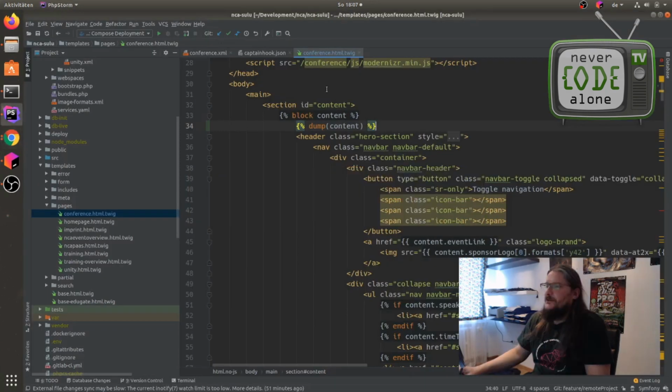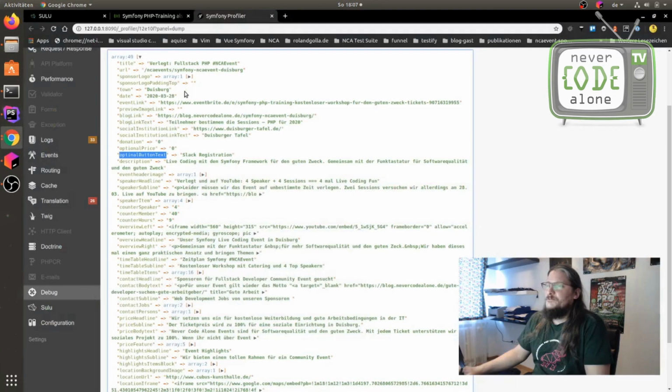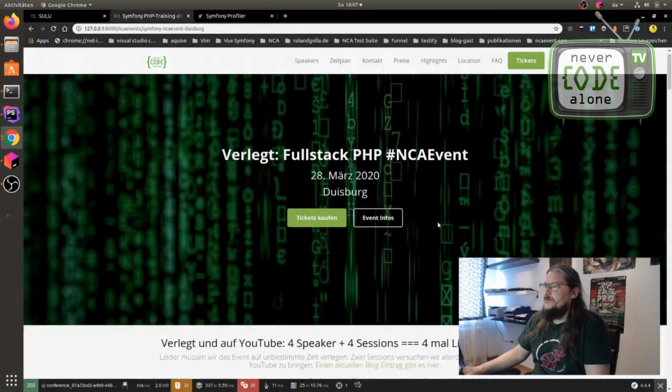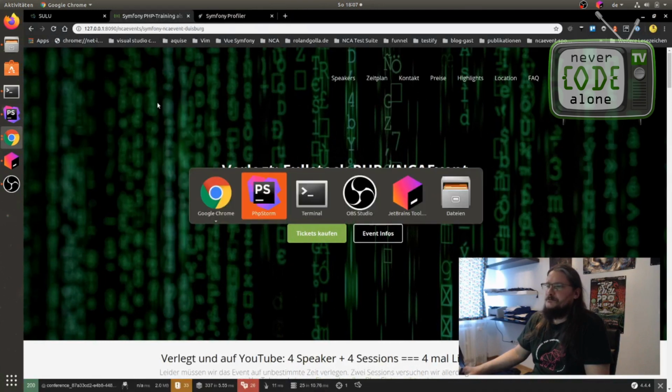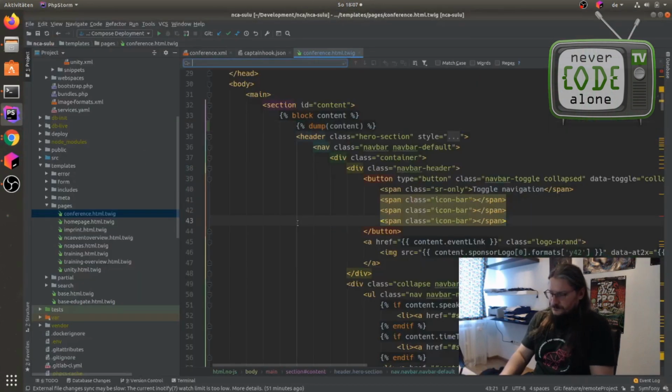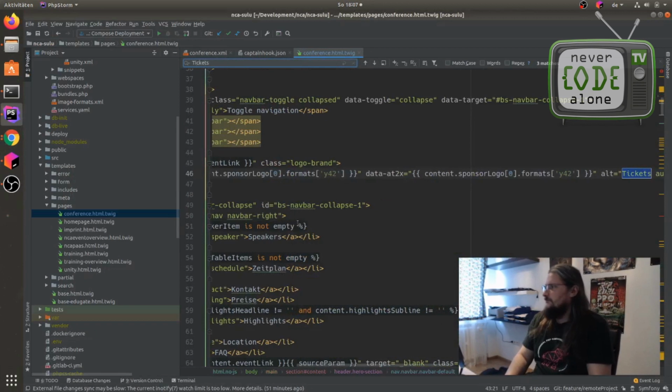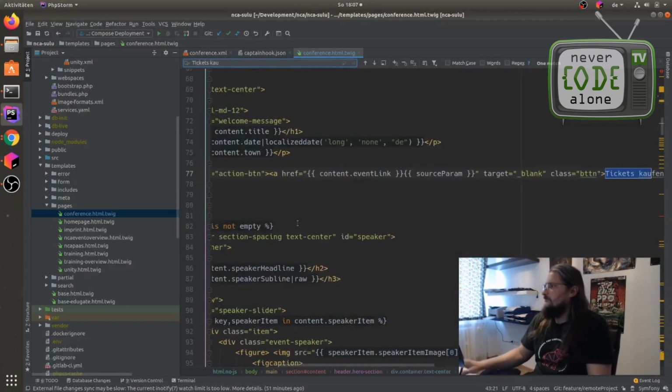When we check this here, you can also check on the front end, we have this button, Tickets kaufen. Okay, there's also button text here, and this is now our button text.